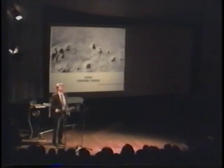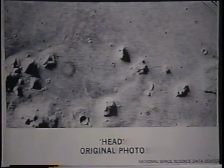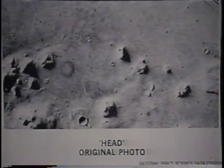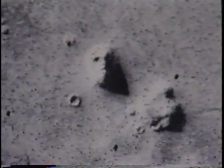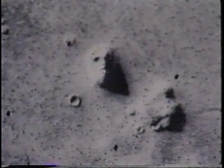There, however, is another mode, and it's a mode that until recently has not received really any attention at all in the NASA community, and the mode is not signals, but artifacts. And in 1976, during the unmanned mission to Mars, the Viking mission, lo and behold, on frame 35A72, taken on an afternoon on Mars of a northern Martian desert called Cydonia, we, the human race, NASA, the United States of America, the American people who paid for the mission, spotted and noted an enigmatic artifact that did not belong, the